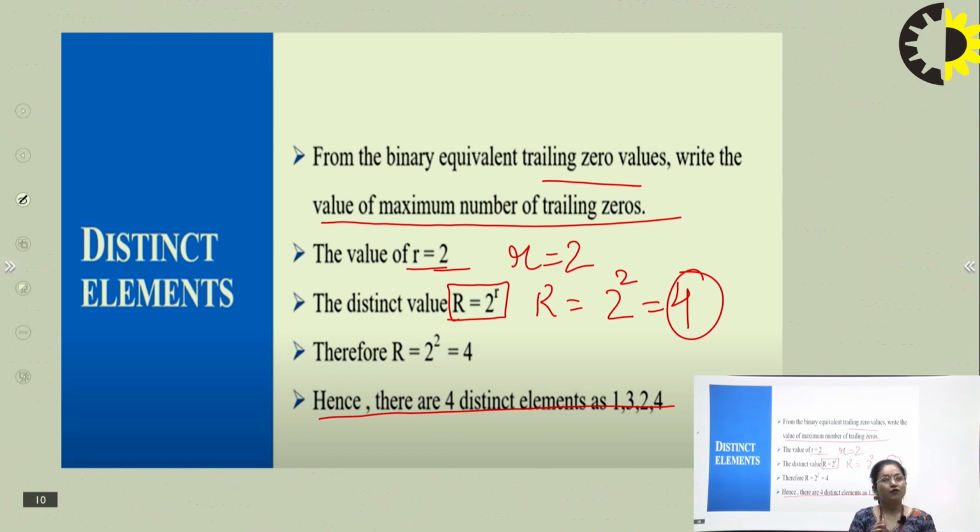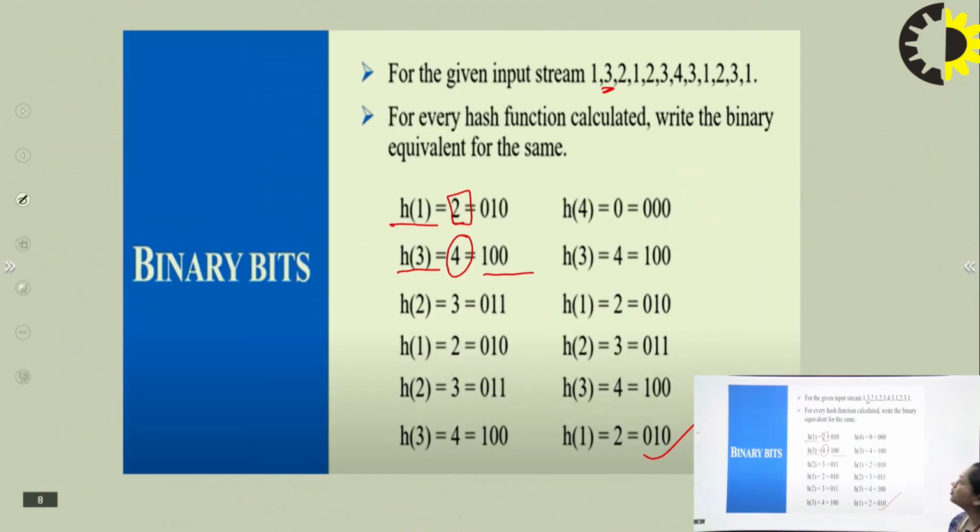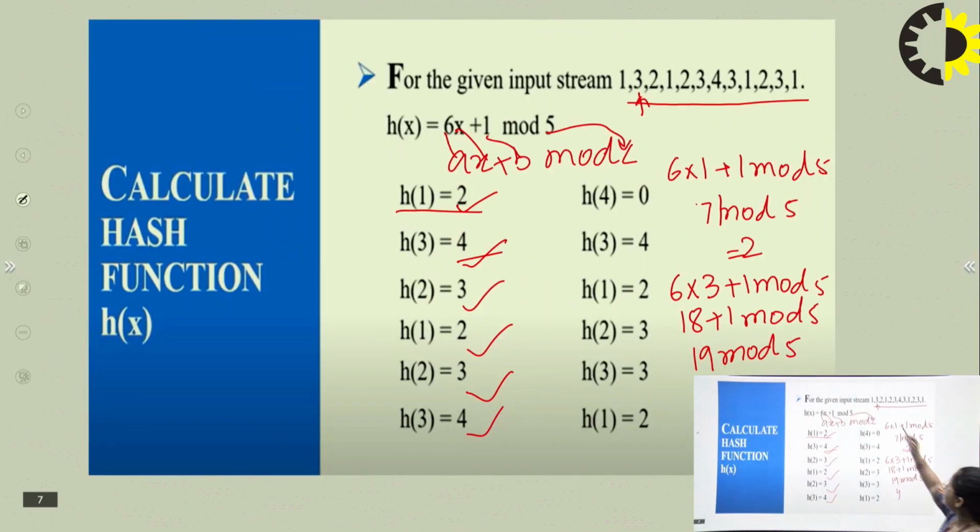Same thing. Actually we are having a limited string, right, for the example. So we can go back and count the number of distinct elements. Here 1, 2, 3, 4. Is there anything else? No. As a person we can count, okay, there are only 4.